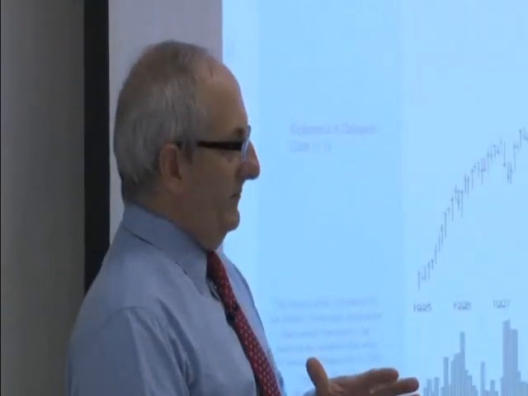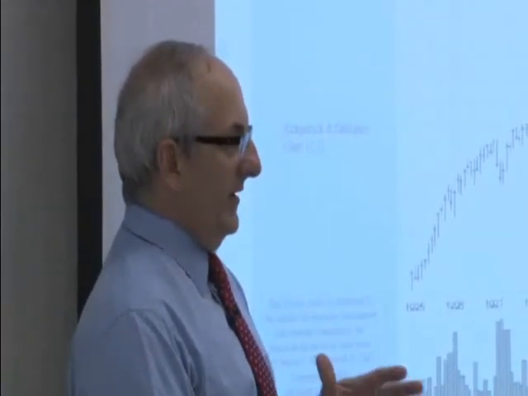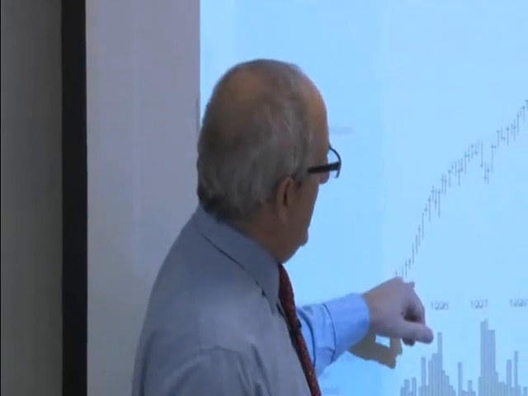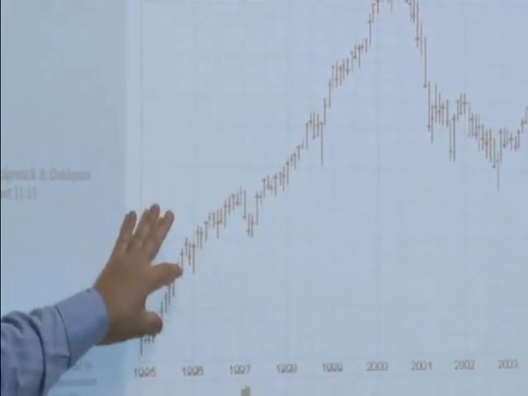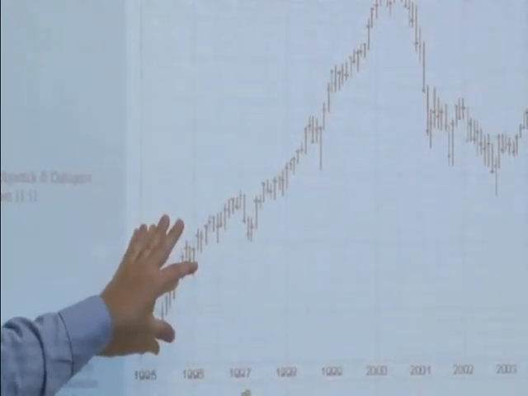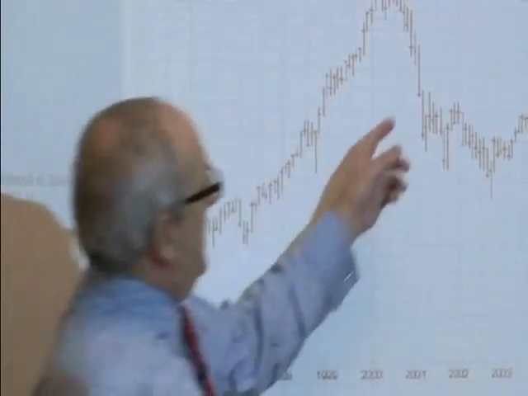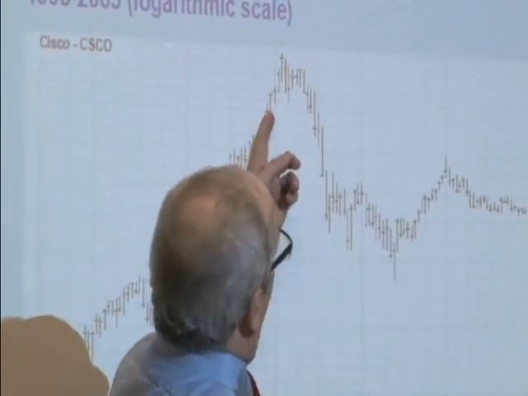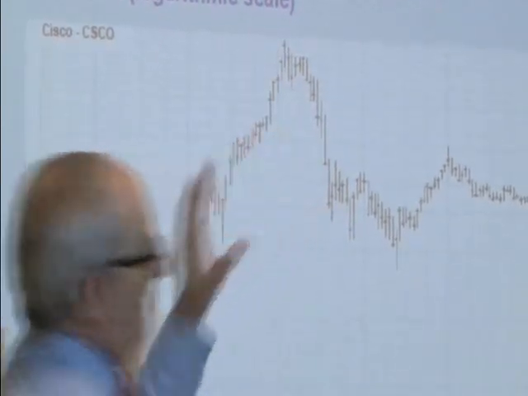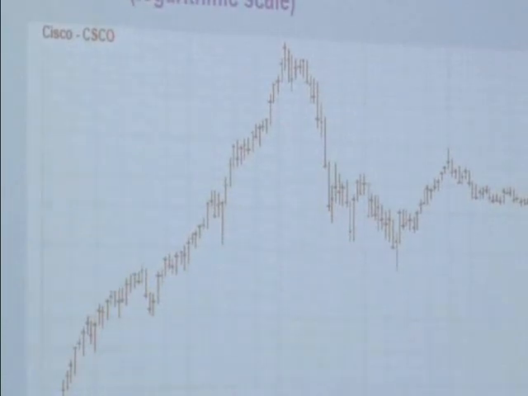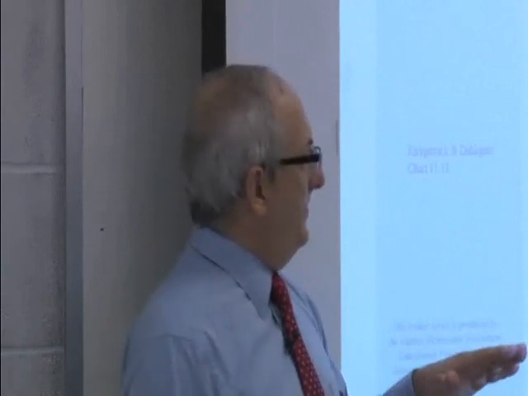A log scale shows it very differently. Why? Because when you buy the stock at, let's say, 2 in here, and it goes to 4 up here, you've made 100% on your money. That's the same as if you bought it at 40 and sold it at 80. So the log scale equalizes the percentage changes. And in that way, it can be very useful, because when you're looking at the price history, and especially as we get into part 2 of this class, which will begin the process of determining trends,